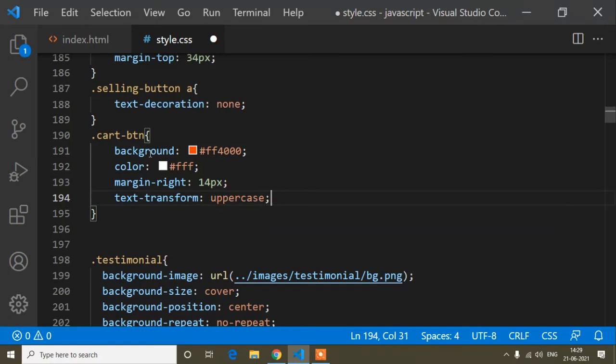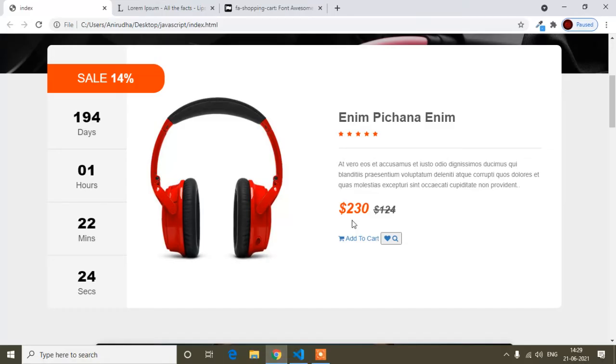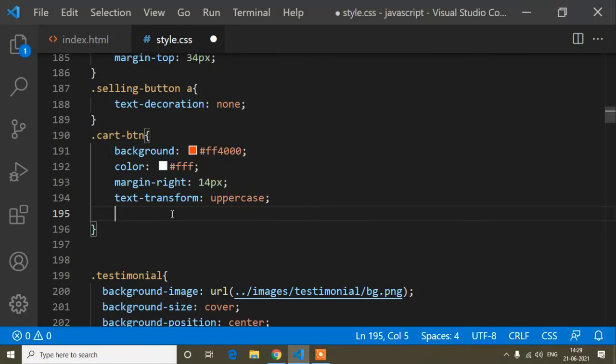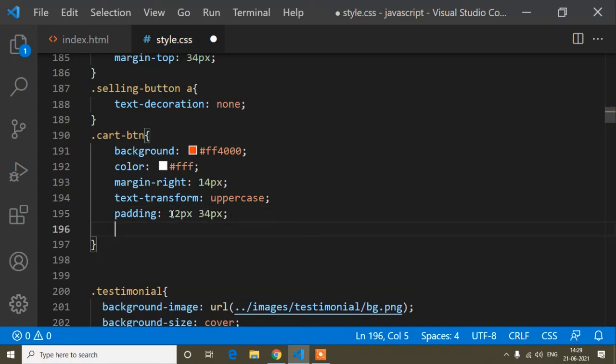That means the text written, add to cart, will be uppercase, all the letters will be capital. And now padding: padding is 12 pixels from top and bottom, and 34 pixels from left and right.